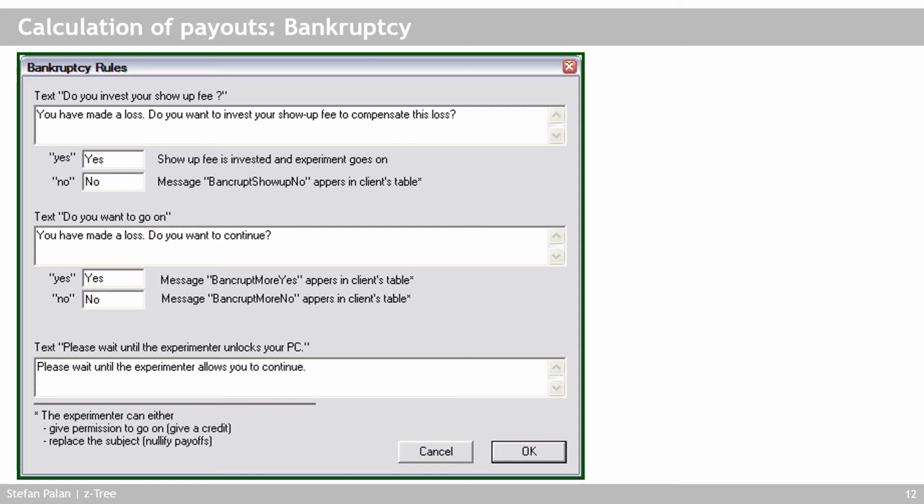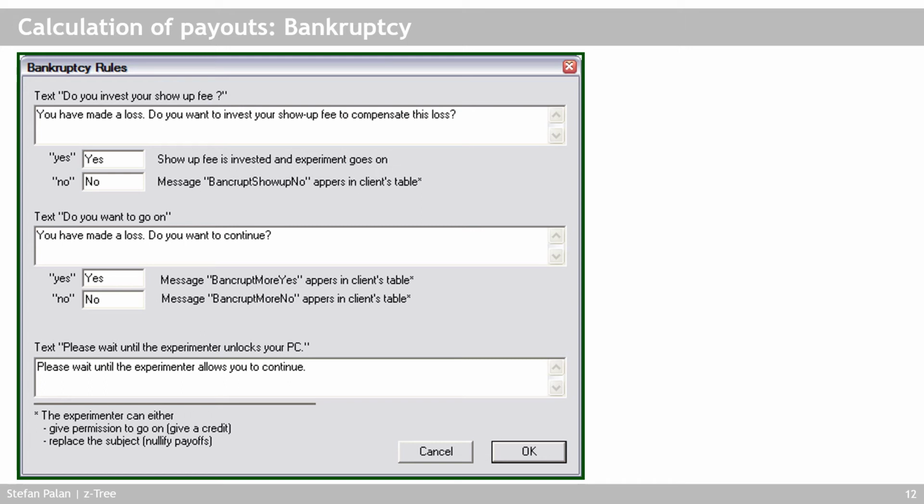And you give them this option by specifying this question here. You can also just ask them whether they want to go on with a loss or not. And if they do want to continue with the loss, then what happens is that the experimenter has to give them some extra money for them to be able to continue. And I'll not go into too much detail on this now. Basically, I'll stop here, because